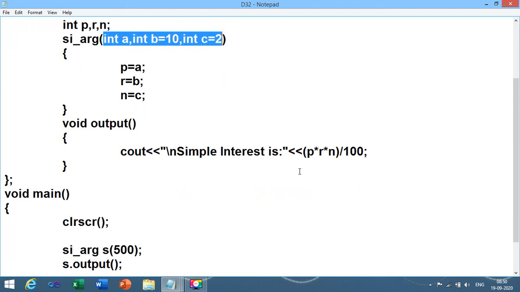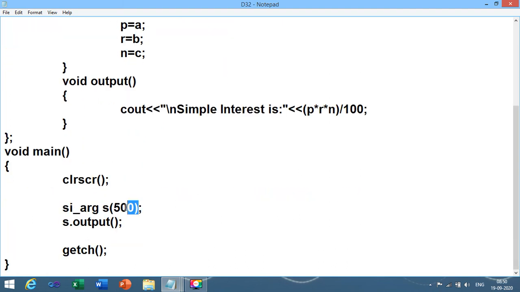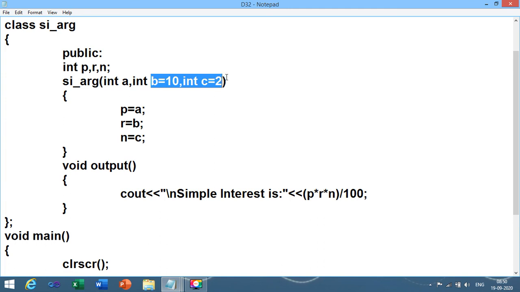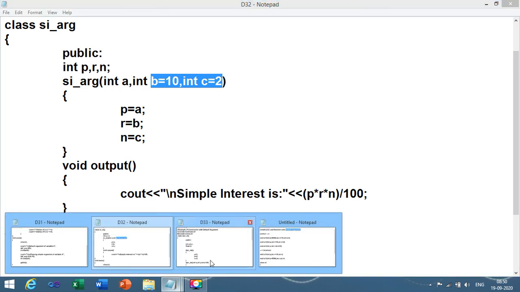Let me scroll down. Over here I have taken the integer data type, that's why I have passed rupees 500. That is the principal amount. And the default values of R and N would be 10 and 2, and based on the default values of the arguments it will return the output.